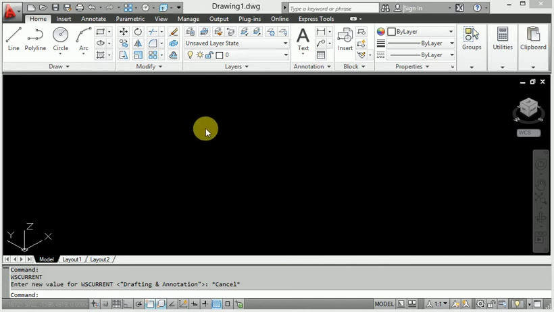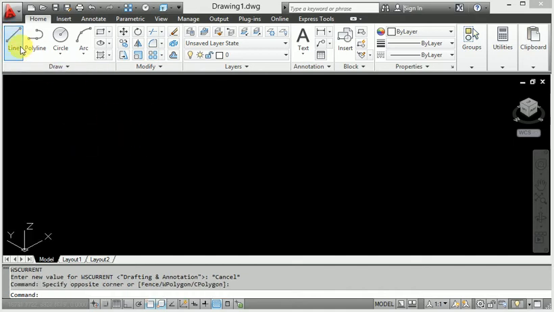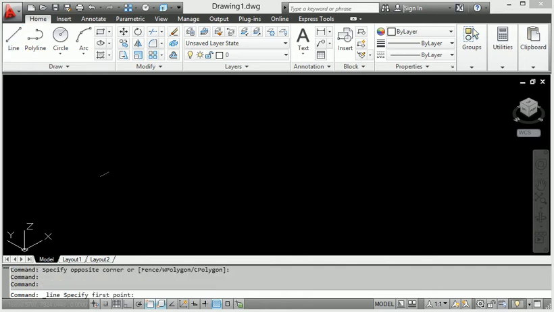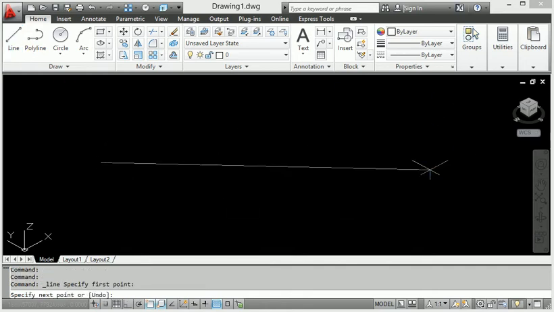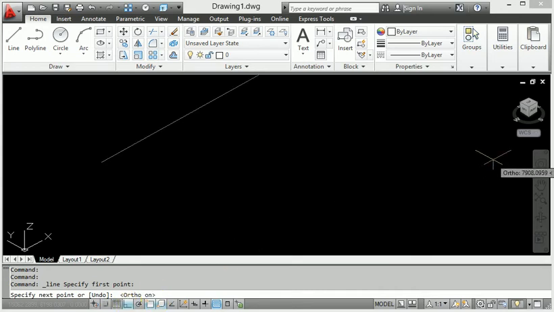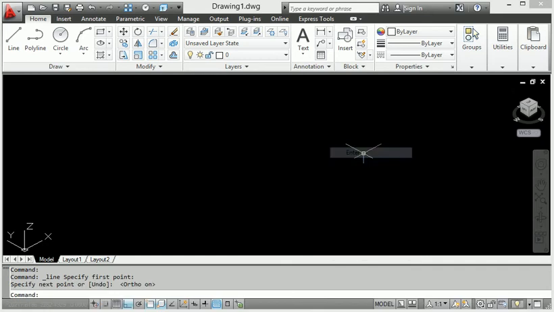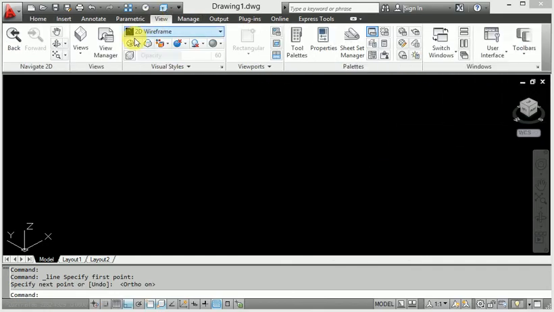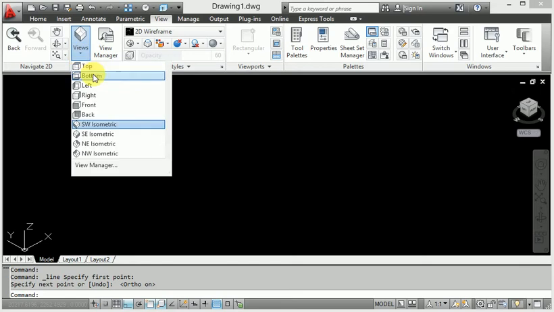So first of all, let me create a line here. I will show you a simple line. Start from the line command. Let's move the view here and select the top view.